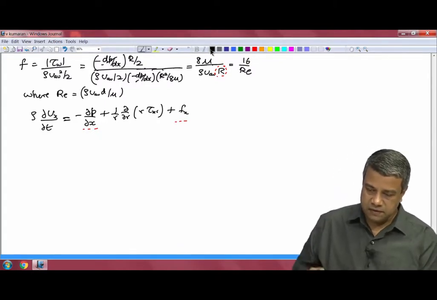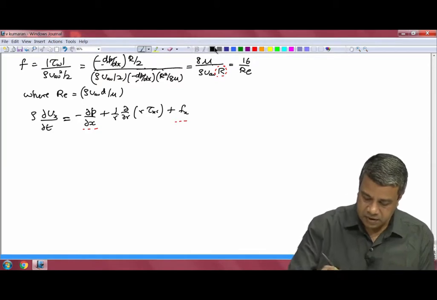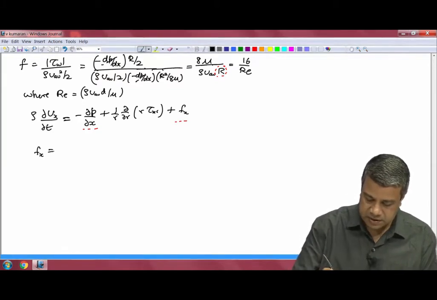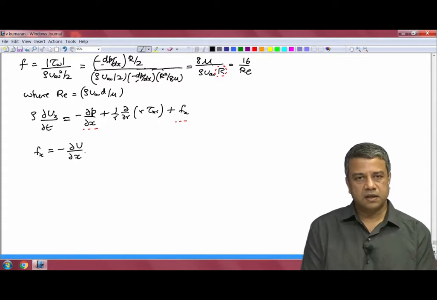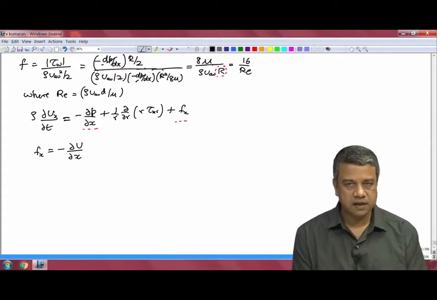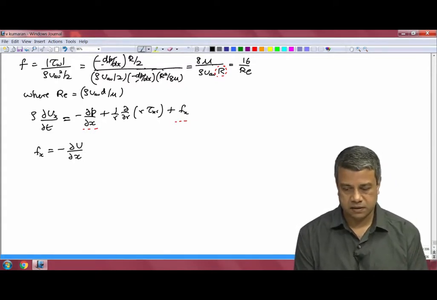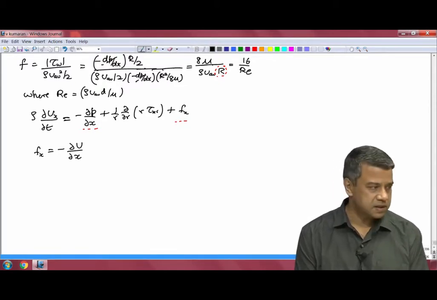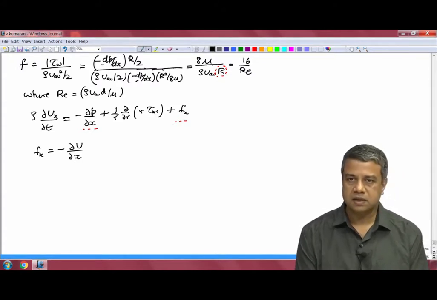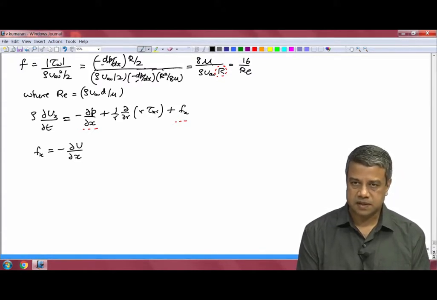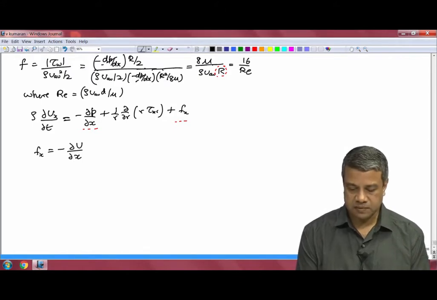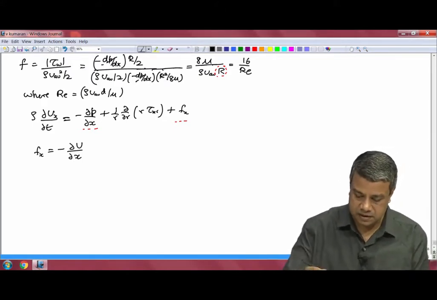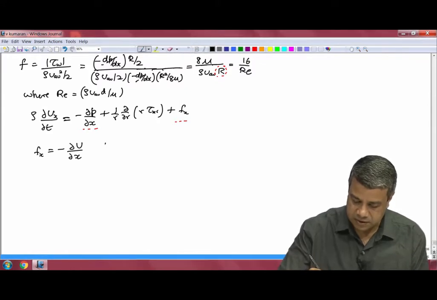If the force can be expressed as minus the gradient of a potential energy, a conservative force, a conservative force can be expressed as the gradient of the potential energy. Dissipative forces cannot be expressed as that. So, if the force can be expressed as minus the gradient of the potential energy, where u is some potential energy,